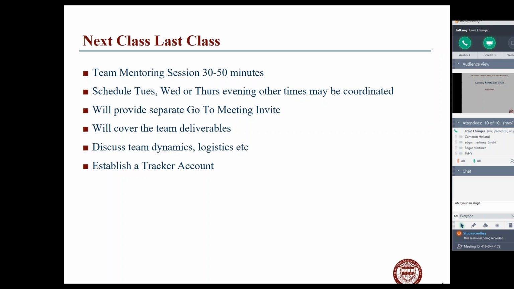And the other thing, please establish a tracker account. In other words, set that up, play around with that before your scheduled meeting. I'd like to have your slides in at least 2 hours before your presentation, whatever time that is, so I'll have a chance to take a look at them and get them queued up before we have our session. And so what questions do you have?